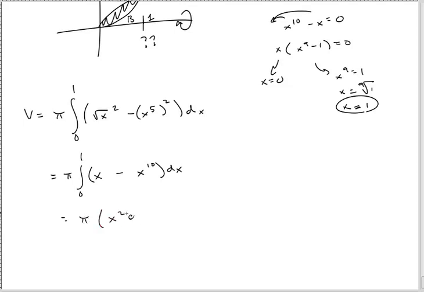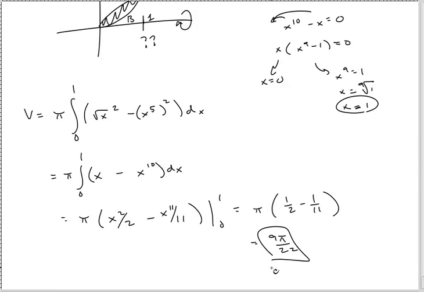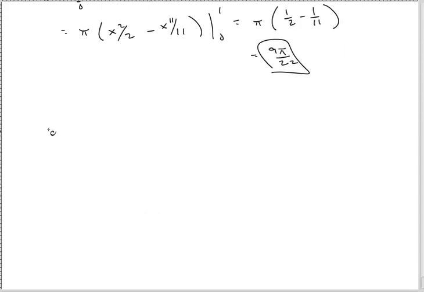So that's x squared all over 2. This is x to the 11 over 11 from 0 to 1. Plugging into 0, everything goes away. Plugging into 1 gives you those fractions. 9 pi over 22. Cool. All right. Next one,